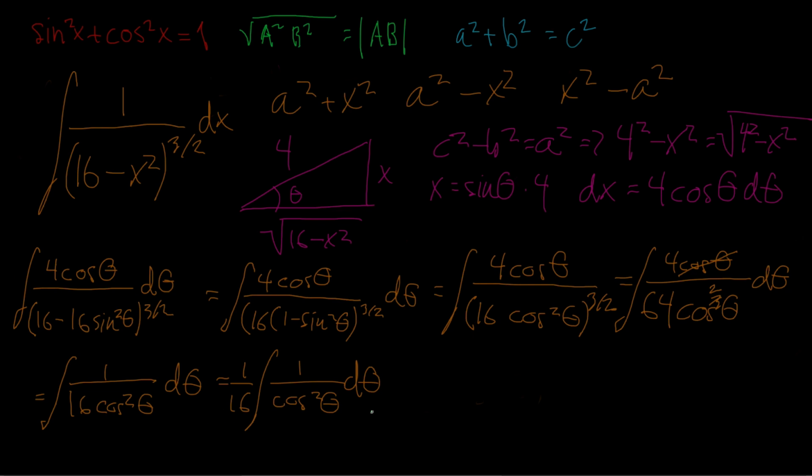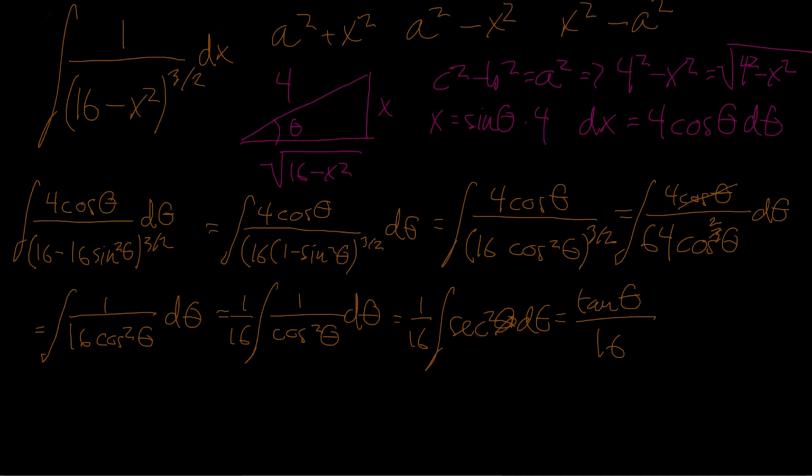All I did was I took out my 1/16, and that's just 1/16 the integral of secant squared theta d theta. And we know this secant squared is just a standard integral, and that's going to be tangent of theta